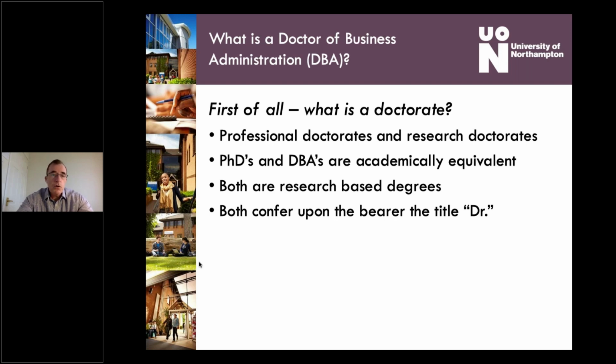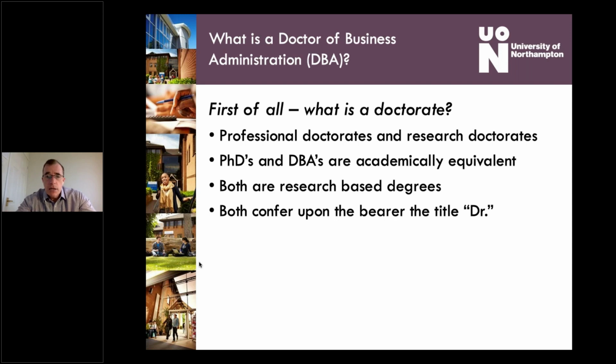When you get to the doctorate level, there are two types of doctorates you can do. One is called professional doctorates, and those are for people who primarily work in a profession. So if you're a doctor of medicine, you'd get an MD, which is a professional doctorate of medicine. If you're an engineer, you could do a doctorate in engineering. If you're an education professional, you can get a doctorate in education. Pharmacists can get a doctorate of pharmacy. And of course, the professional doctorate for business and management people is the DBA, the Doctorate of Business Administration. Those are for people who are primarily involved within a profession.